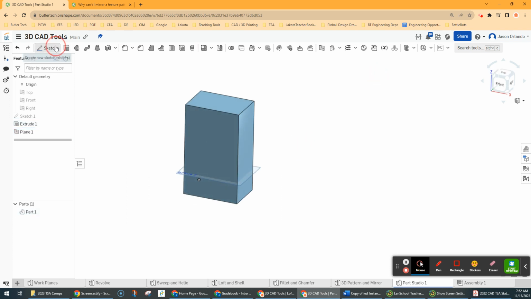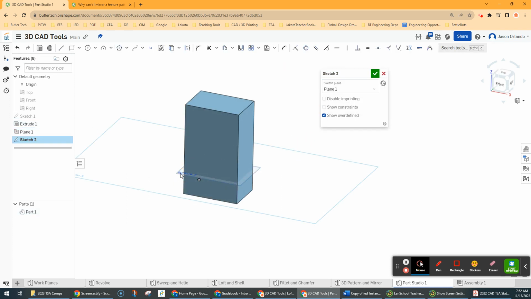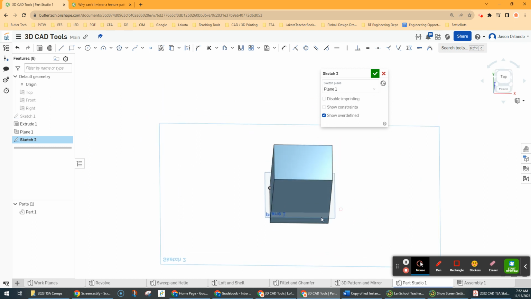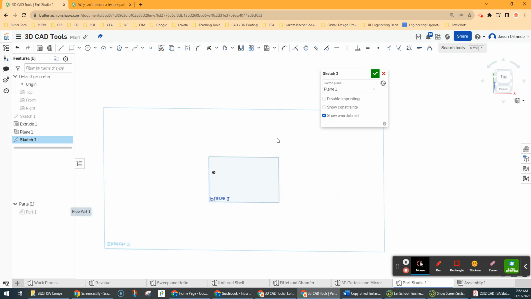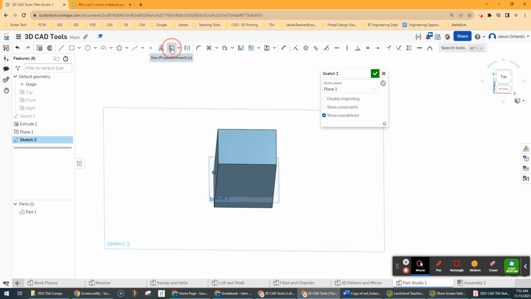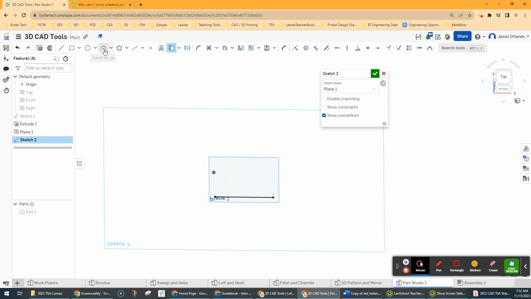And then we're going to sketch on that plane. Now that plane is a completely blank sketch, right? There's nothing on it, even though you can see that box. I want to make an arc that's closed in. So to copy the geometry down onto that sketch, I can use the use or project tool. And I can project this line segment, that bottom line segment, onto my sketch. Okay, like that. And then I could have also used the line segment tool and drawn that, but then I